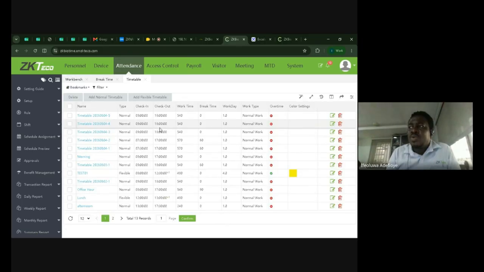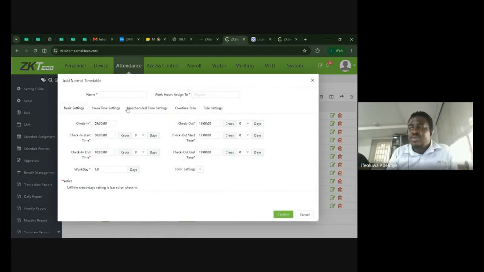The timetable is the time the employee is meant to resume work and meant to close from work. In my case, 8 to 4:30, some employees 9 to 5, some 9 to 6. There are two types: we have the normal timetable and we have the flexible timetable. If I click on the normal timetable, you are going to see the name of the timetable